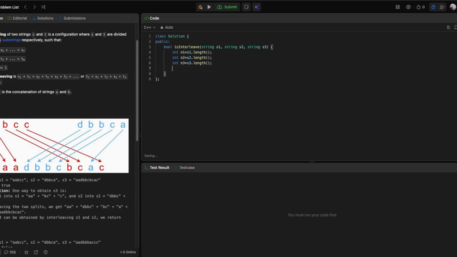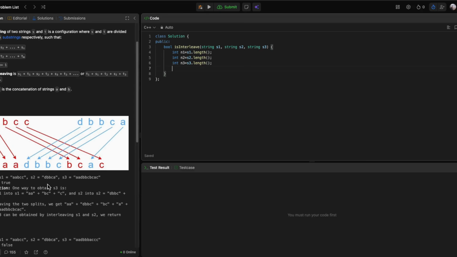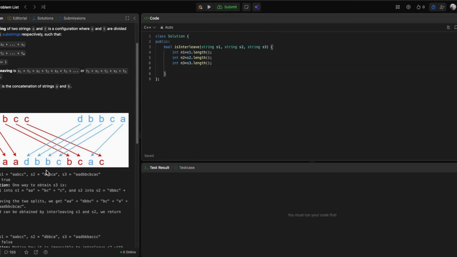So now that we have all three lengths, what I would do in my case is, let's say we have S1 and S2 over here, right? We compare the last characters, which are C and A, with S3's last character. So if you see over here, obviously one has to match. In this case, if C matches with S3's last character, which is also a C, then we would tell the recursion to solve for this particular string till this length and S2 as the whole length,